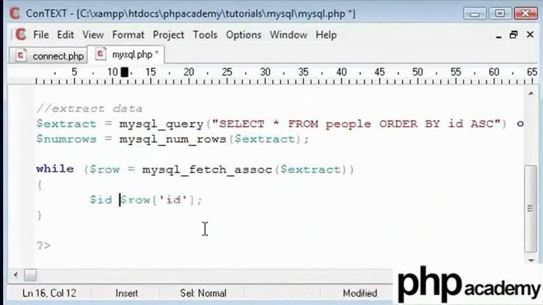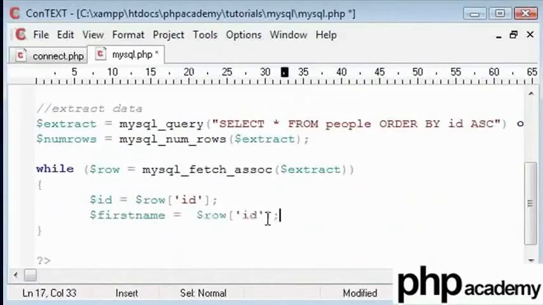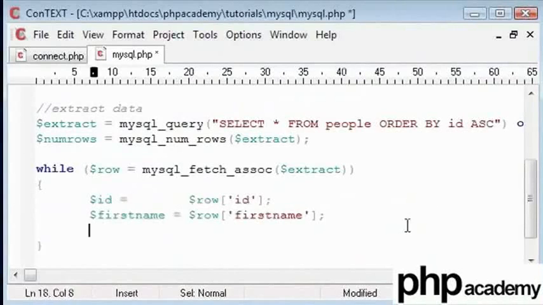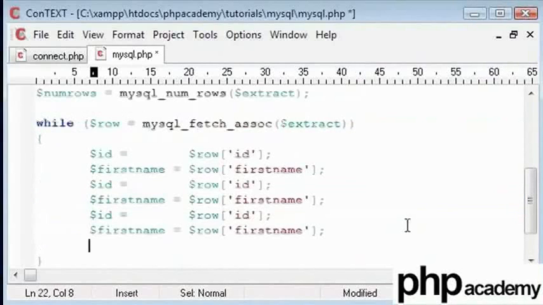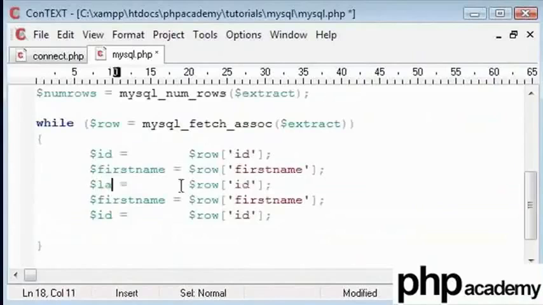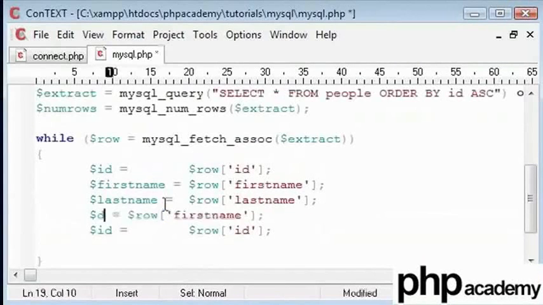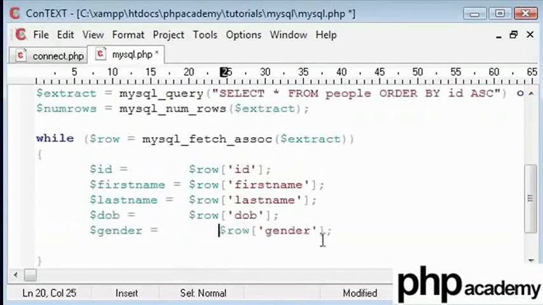Let me say ID and then first name equals, we're using the same structure throughout, so it's quite easy to copy and paste this. Let's indent this. So we have 5 altogether. That's 5, and then let's just change this. This is a lazy act, but it's just a lot quicker to do it this way. So last name, and we have the date of birth. We also have the gender. We have all our data, and now how do we use this?